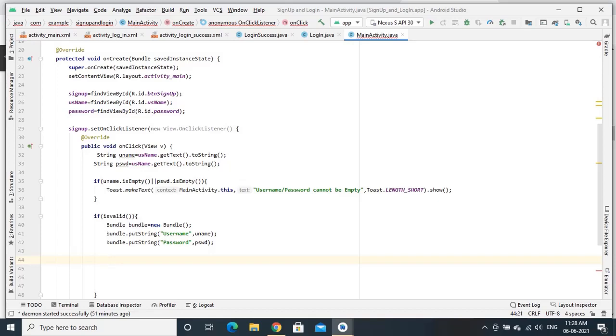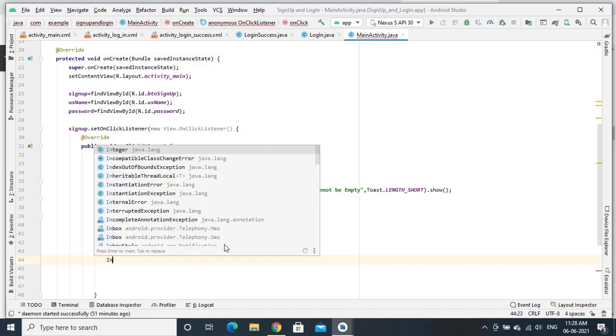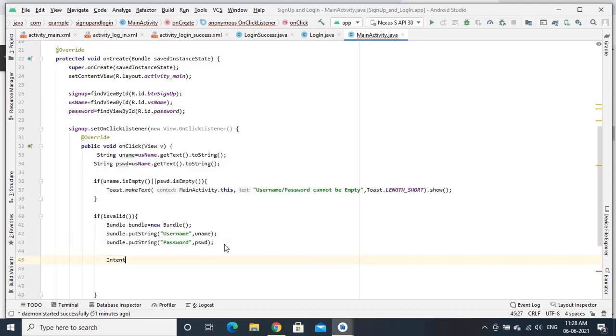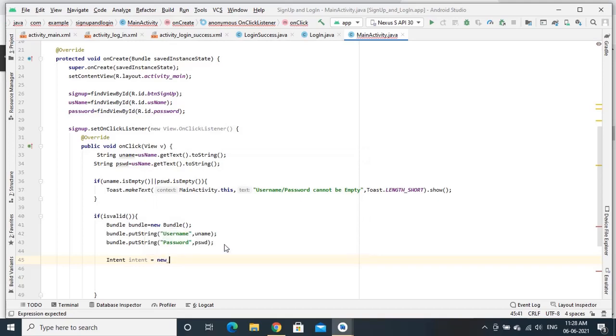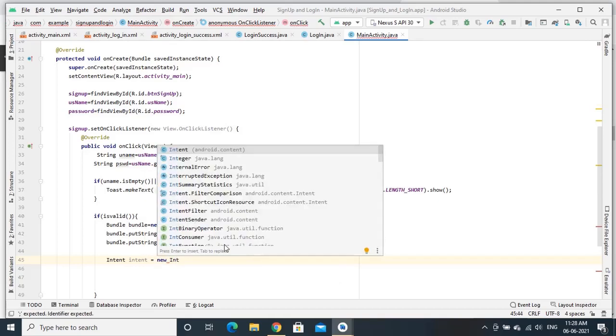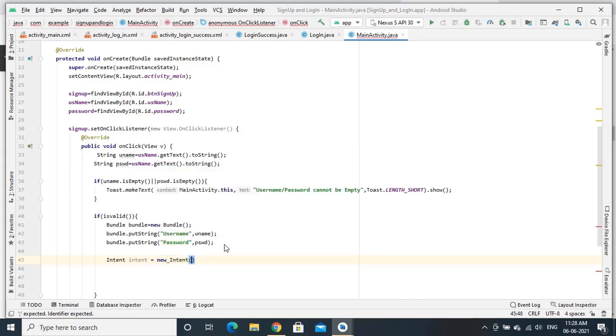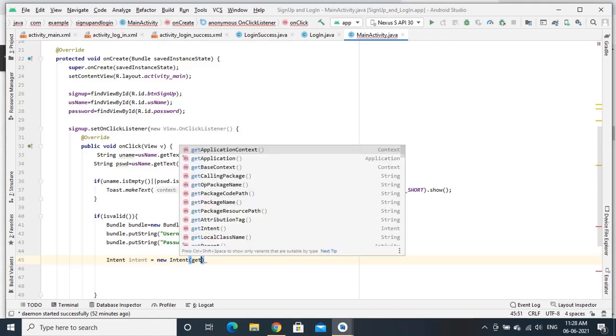For that, first I have to create the intent. The class name is intent, is equal to new intent. So it has a constructor which takes two arguments. One is the context.